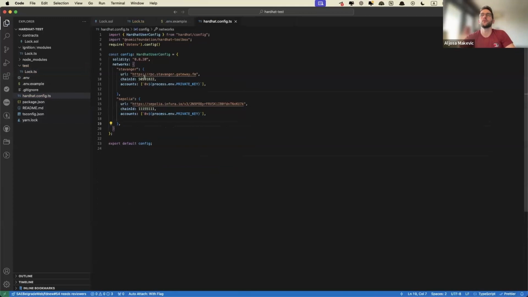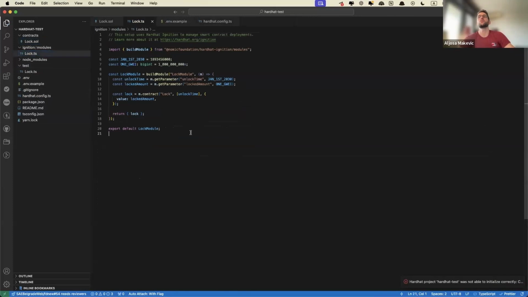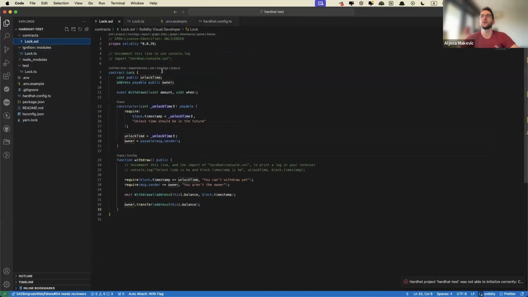So when you're happy with these settings and you've written the contract that you want, you would go to Ignition modules, and here you write the logic for deploying it. So if it had some predefined variables that you would have to fill out, this is where you do it. And if we look at the contract code, in its constructor, it has unlock time as a thing you have to set.